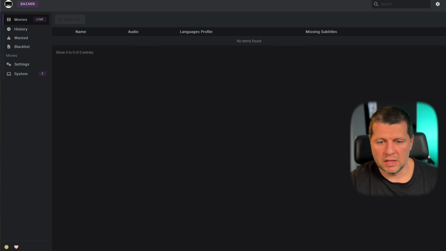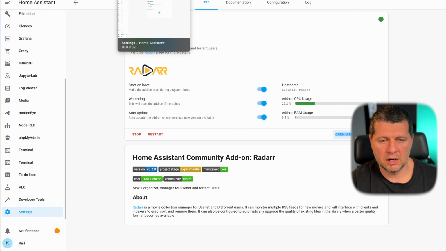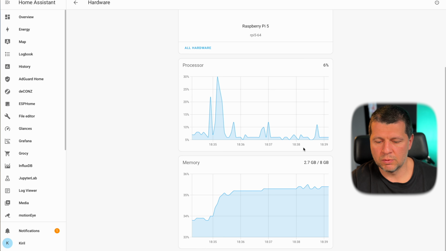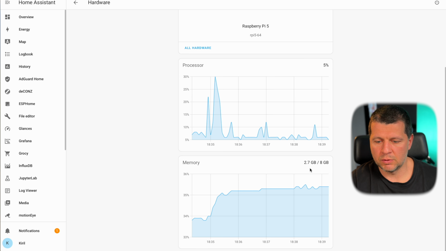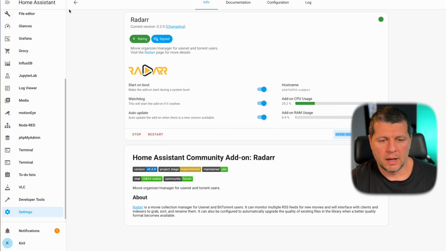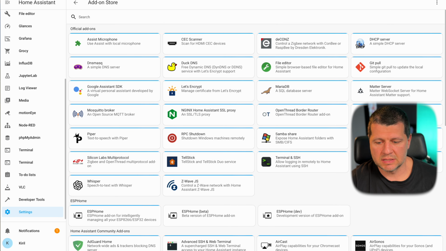Let me check the... I'll close everything else. I'll close the Radarr. I'll close the Bazarr add-on, and I'll check the CPU and memory usage. Memory usage is a bit up, 2.7, and disk metrics are almost the same. I'll continue forward to the next add-on, which is